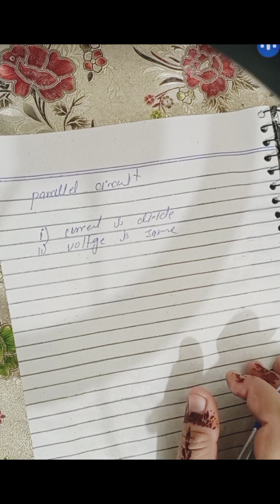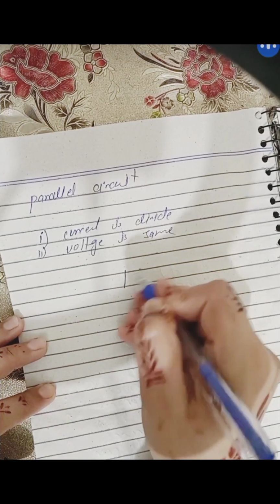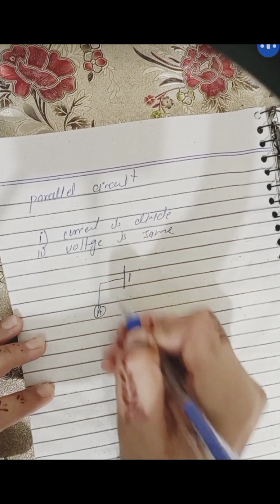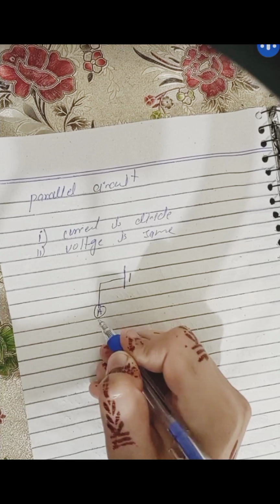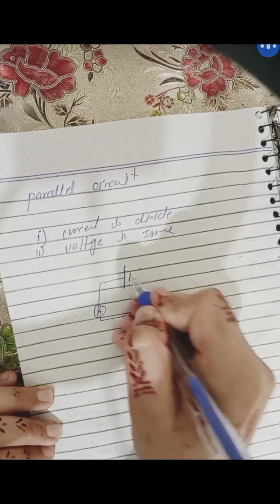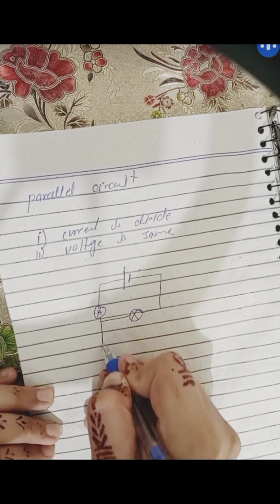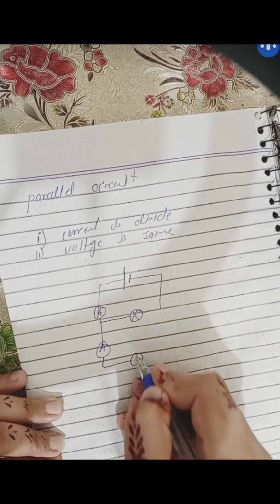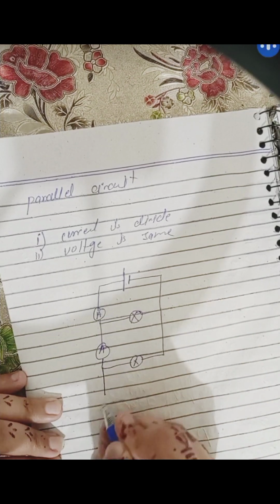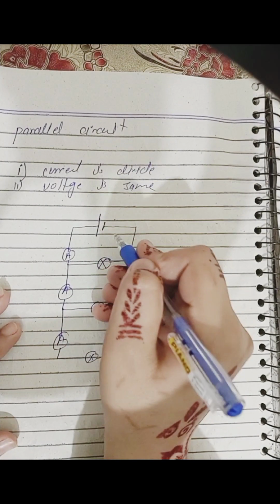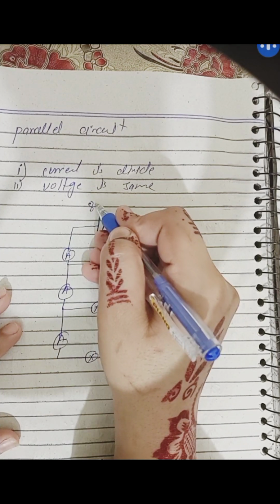Okay, if I make a simple circuit diagram here, I put the ampere meter here, and here the ampere meter also. This is in the form of branches. Okay, got it? So if the current coming from the source is 8 ampere,